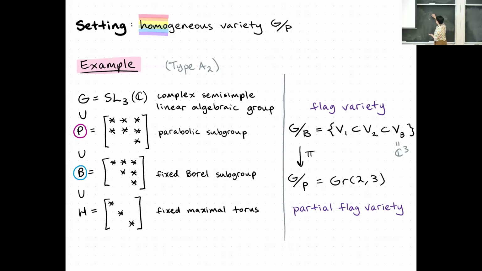So maybe if we take just the identity matrix, this would represent the standard flag, where the first column tells you that first vector space, the span of the first two columns tells you your second vector space, and the span of all three columns is all of C3. And you can notice if I multiply this by some upper triangular matrix, okay,